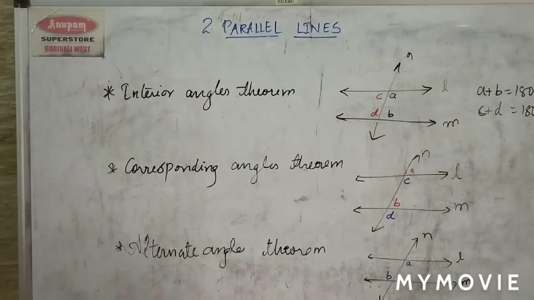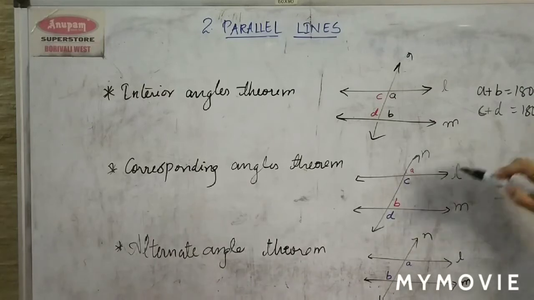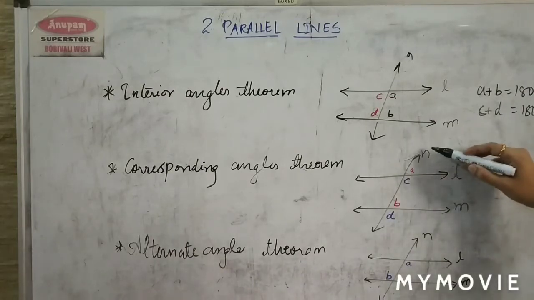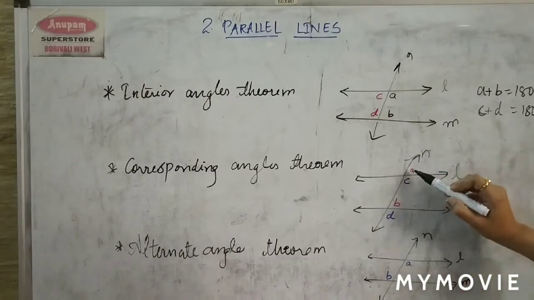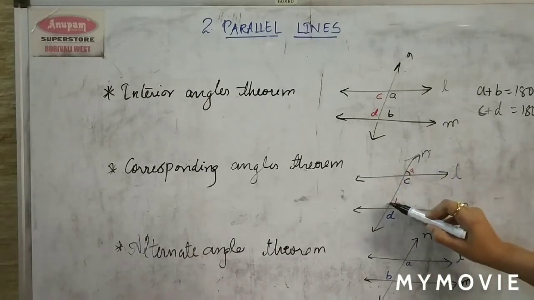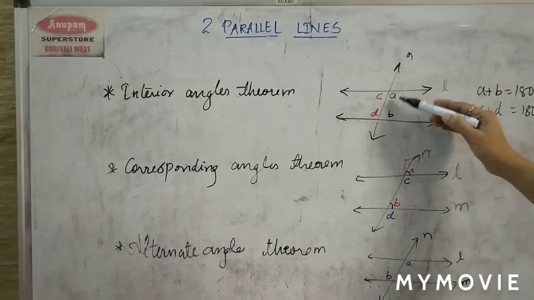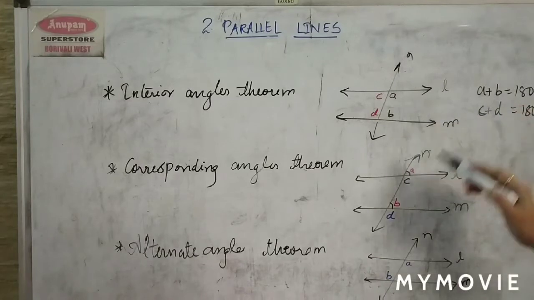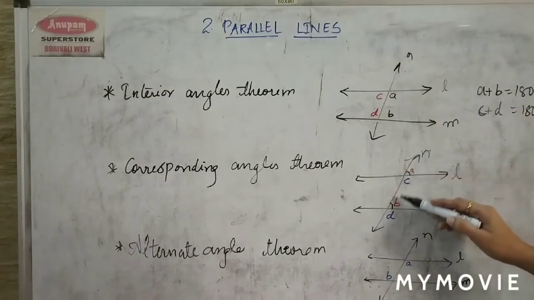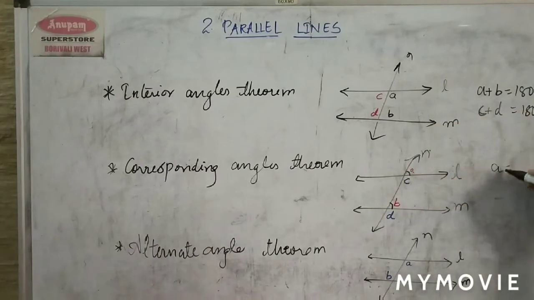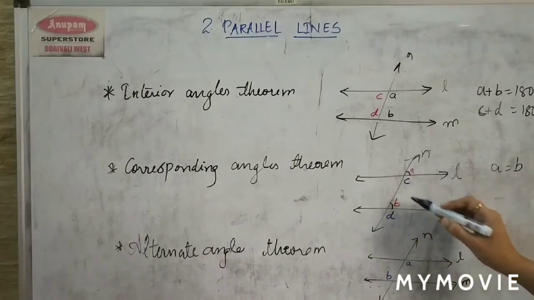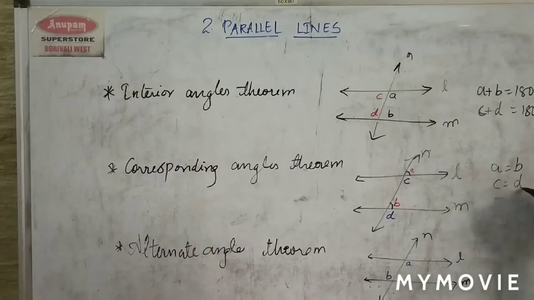Okay. Then the next one is corresponding angles. When I'm talking about corresponding angles, we all are aware of corresponding angles. These two lines are parallel and this is a transversal. So in this case, I will say that angle A is congruent to angle B. Here we are not talking about addition. If you look here, they were not congruent, they were supplementary, whereas here the pair of angles are equal, meaning A is going to be equal to B. Similarly, C will be equal to D.